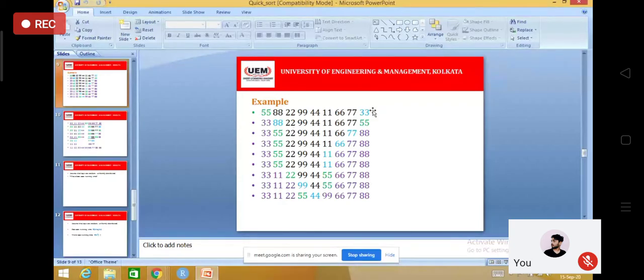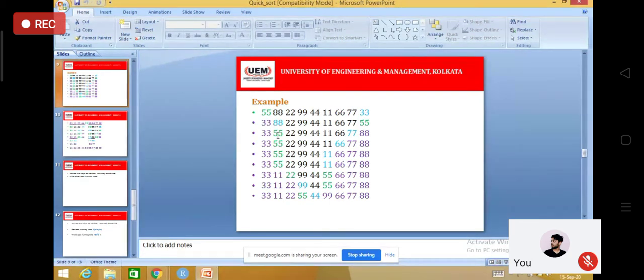See, I have taken all these elements. Now I have selected this green color 55 as my pivot. I'm comparing this. This is location left. Left is compared with right, and you find that this is smaller, so exchange their positions. Then you need to increment the pointer 88, which means the left pointer, left equals left plus 1. Compare it with 55, and again you will find that you need to swap the position.